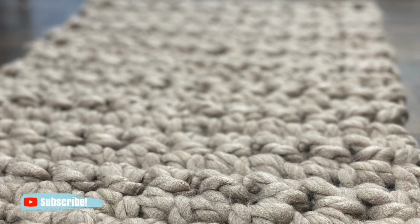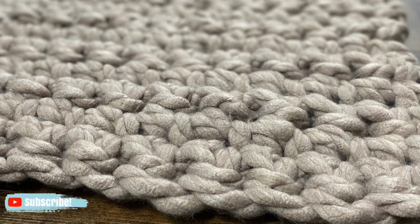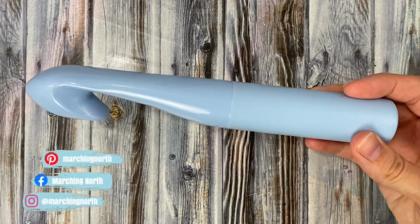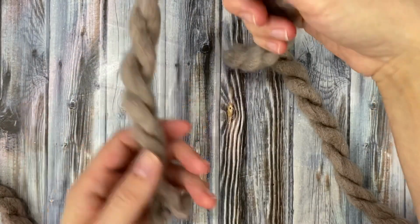Hey guys, it's me Crystal from Marching North, and today I'm going to show you how to make this super chunky crochet rug. I used this jumbo 30mm crochet hook and the chunky grande big yarn from Michaels, and I'll